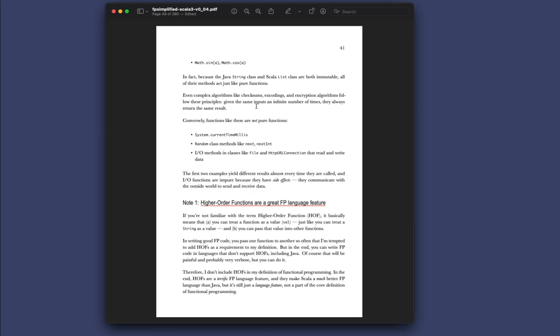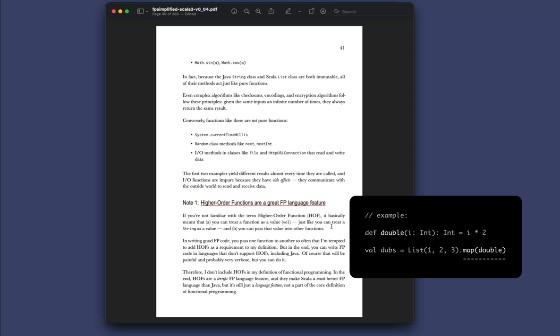And now I want to get into another point here because this wasted a lot of time for me. When I was first learning functional programming, I got a lot of misinformation where people would say, oh, well, a functional programming language must have higher order functions. It must support that. And then they might even include that in the definition. But the reality is it doesn't have to. Higher order functions are like when you pass one function into another, like in a map function that many programming languages support nowadays. So you're passing one function into another.